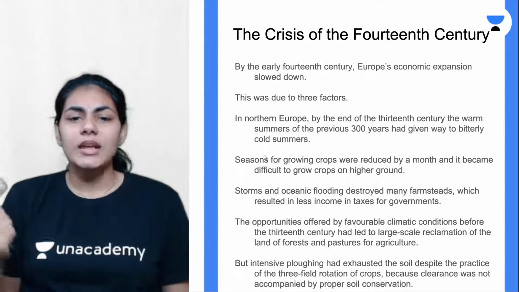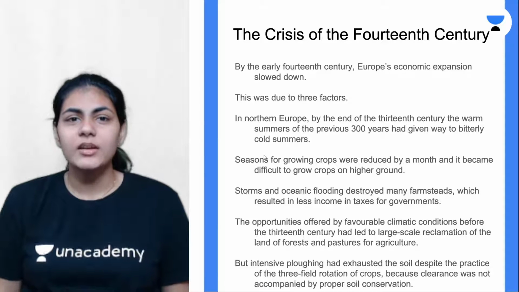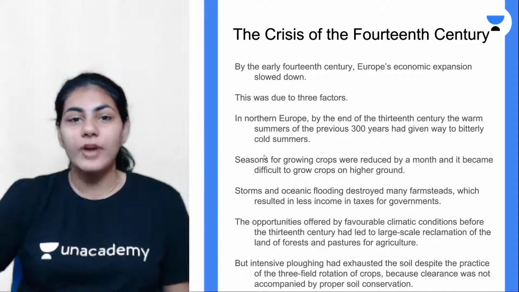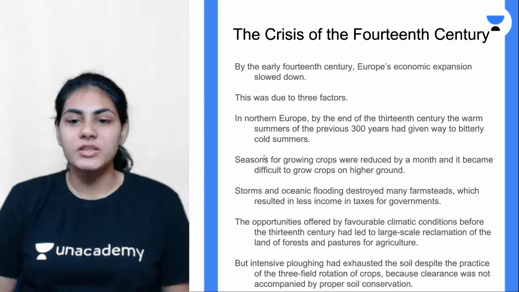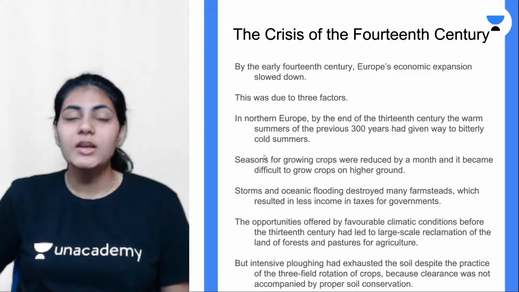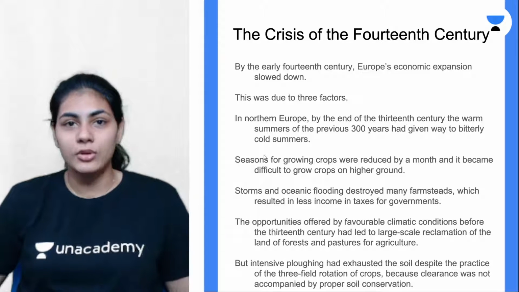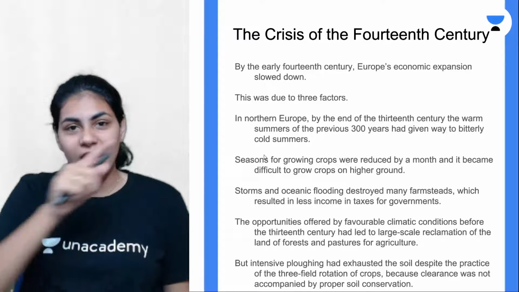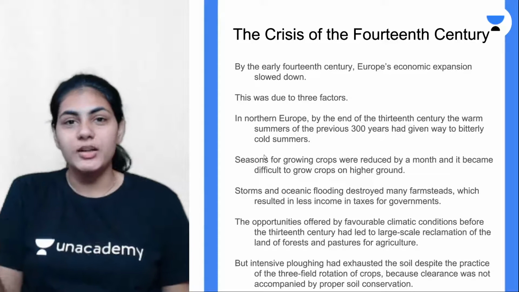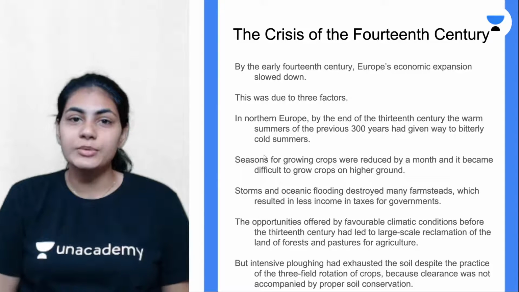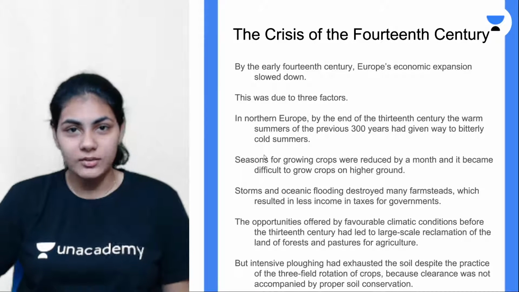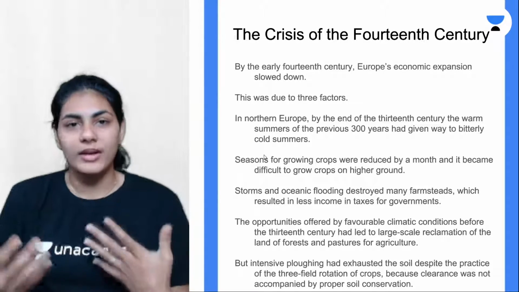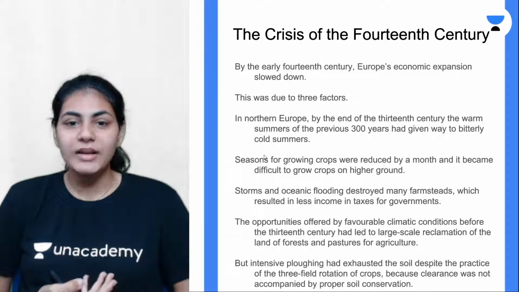The second is that there is so much flooding happening. So much excess water started flowing down into the villages, the settlements, the farmlands. Obviously because of that the crop is destroyed and therefore there is no agricultural productivity. If there is no agricultural productivity, there is no income to the farmers. If there is no income to the farmers, how will they pay the taxes? So it's a chain cycle. Floods destroying the agricultural crops, therefore no income to the peasants, and therefore they can't pay tax to the state. So the revenue for the governments or the states is no more there, or in fact we can say it has decreased. So that is another